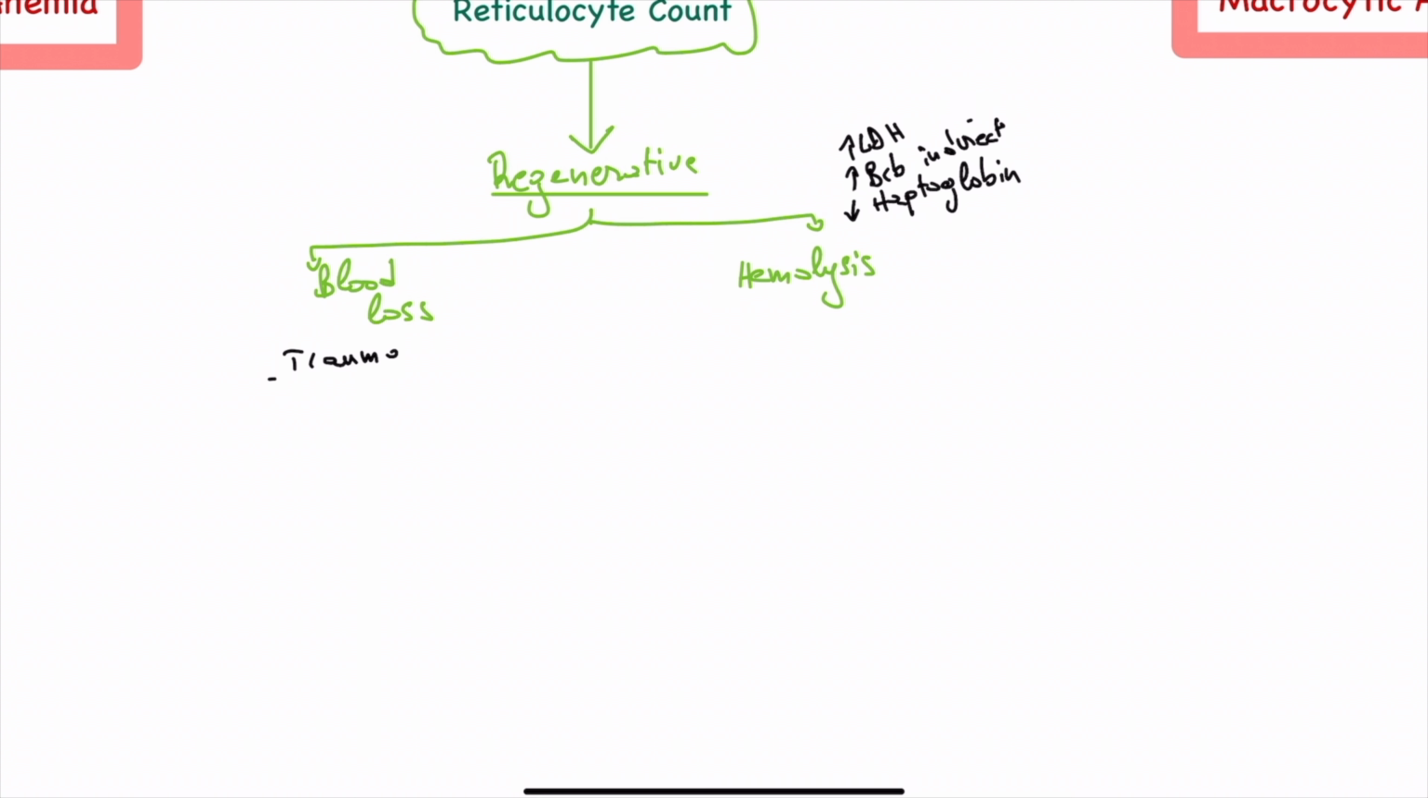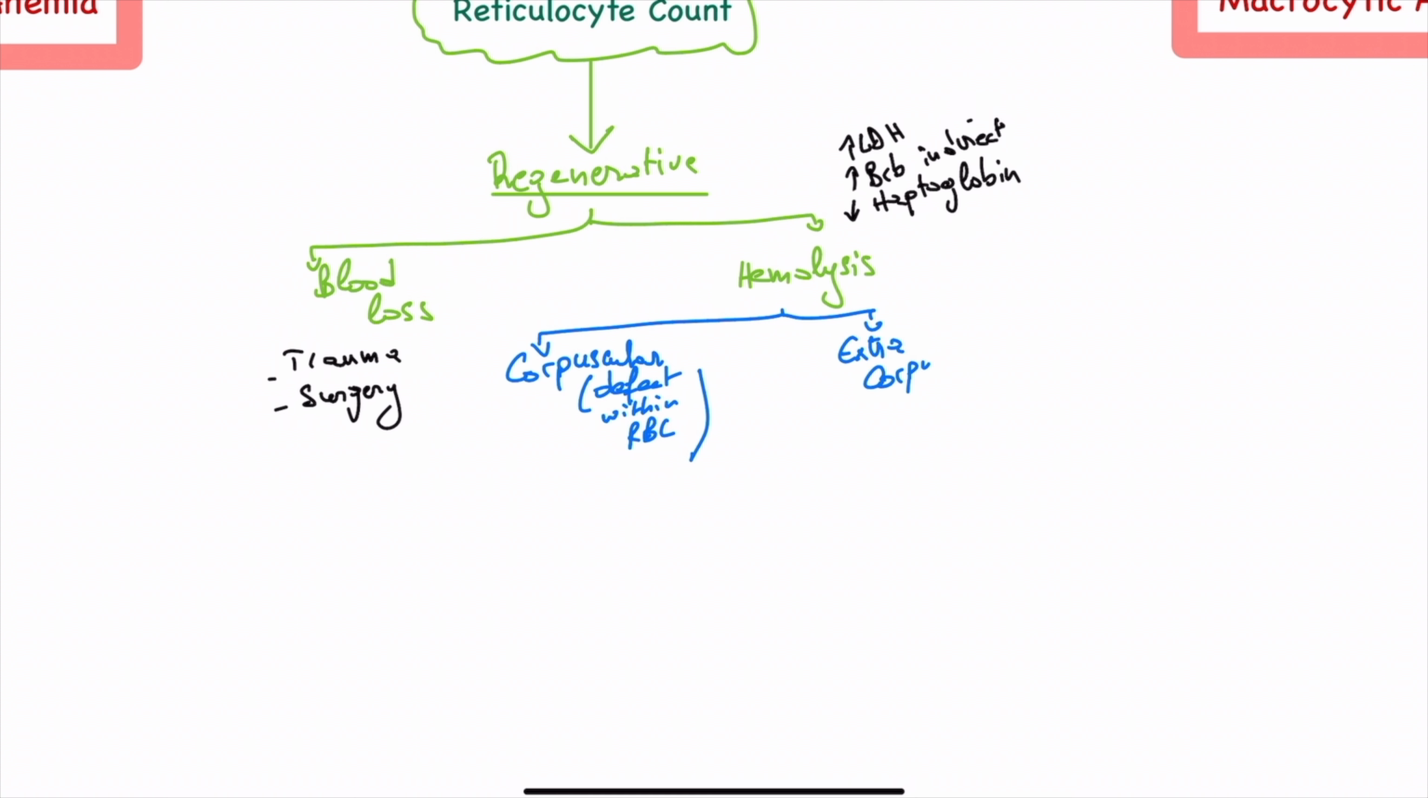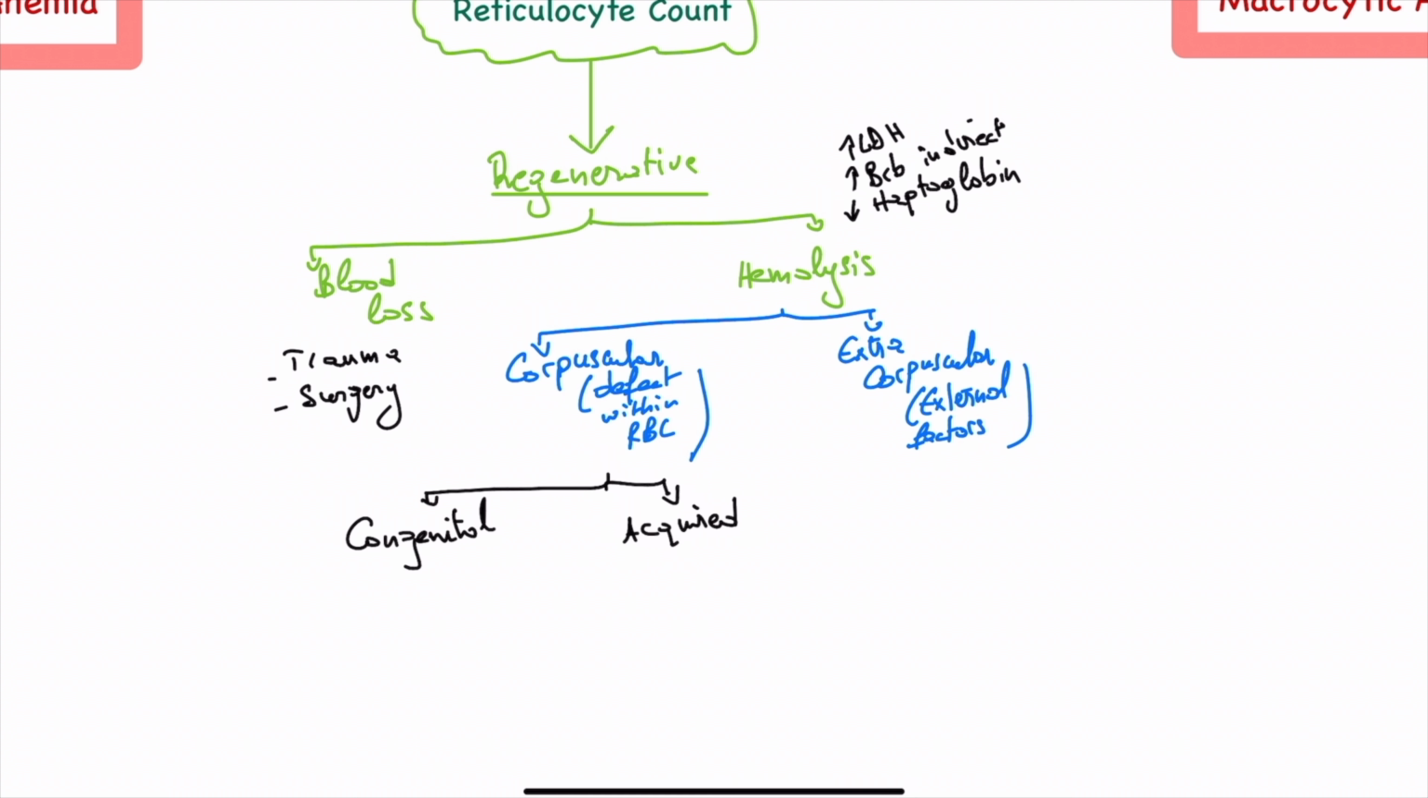Examples of blood loss are trauma or surgery, for example. For hemolysis, it could either be corpuscular, meaning the defect is within the red blood cell, or extracorpuscular, meaning the destruction of the red blood cell is due to external factors. Corpuscular could either be congenital, for example, abnormal hemoglobin in thalassemia or sickle cell anemia,